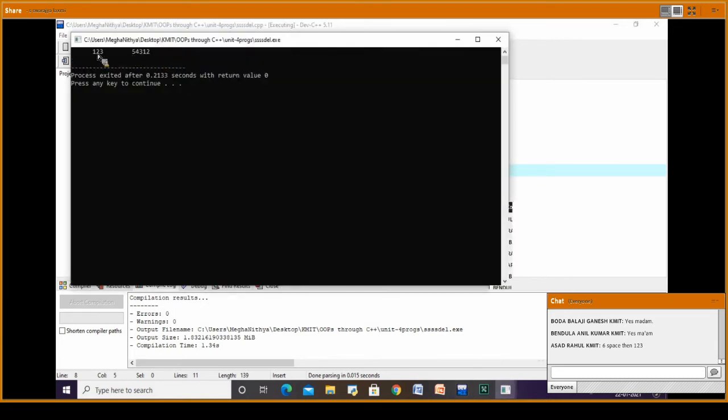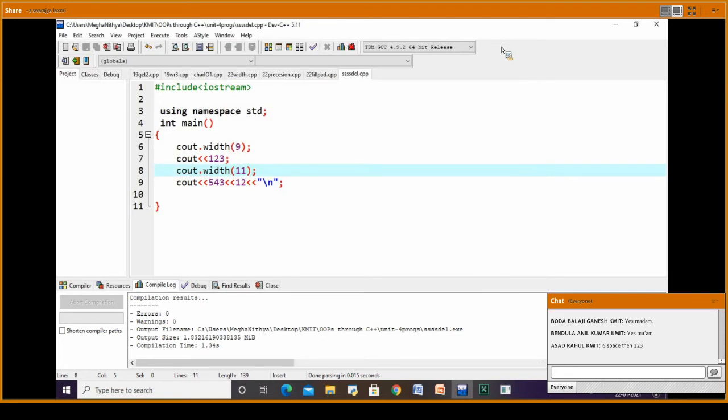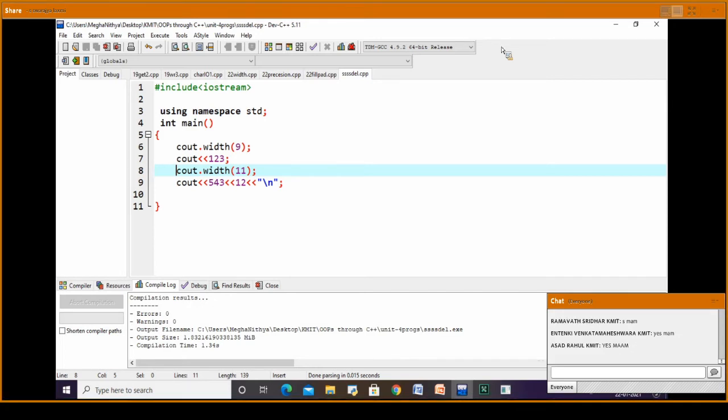I got two. One width is for printing the first one and the second width is for printing the second one. Okay, is this clear? Is this clear? Yes. Okay.